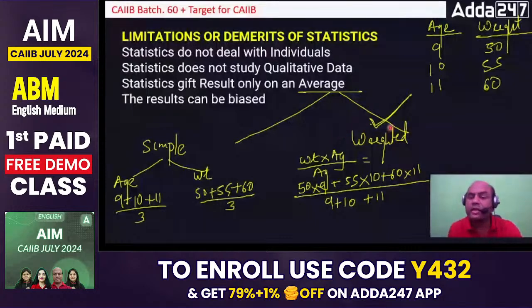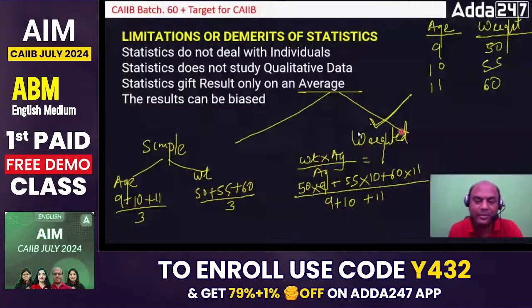Again, I told you there are two types of weighted averages. What are those two types? I will just give you the names. I won't go into the details, otherwise you'll get confused. One is exponential weighted average and second is normal, simple weighted average. Exponential means it is related to e raised to. That is different. You are not concerned with that. That is not there in your CIB studies. So let's leave it.